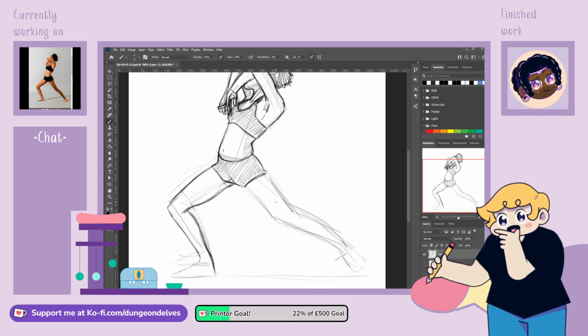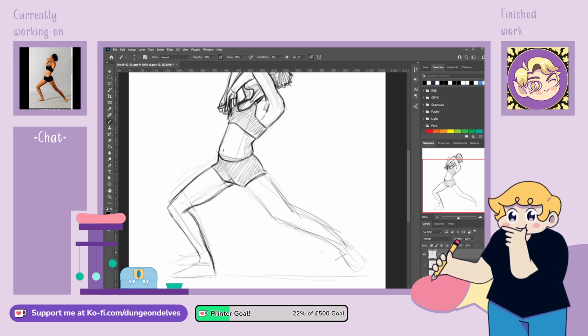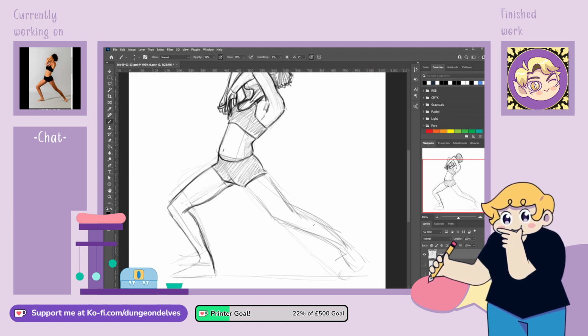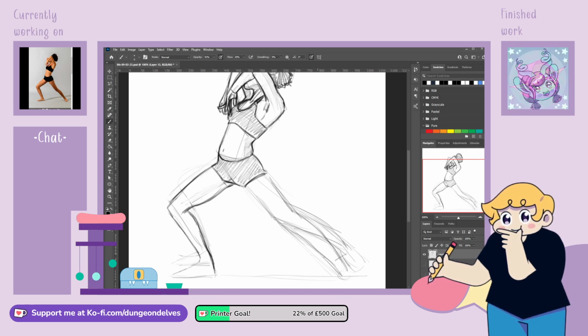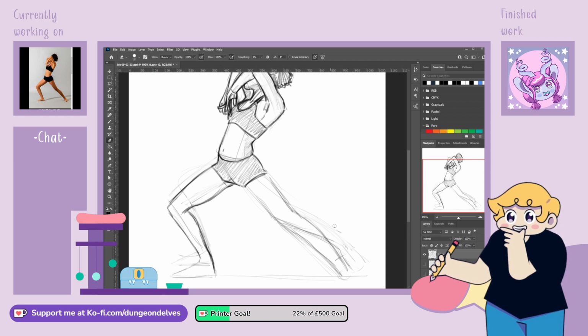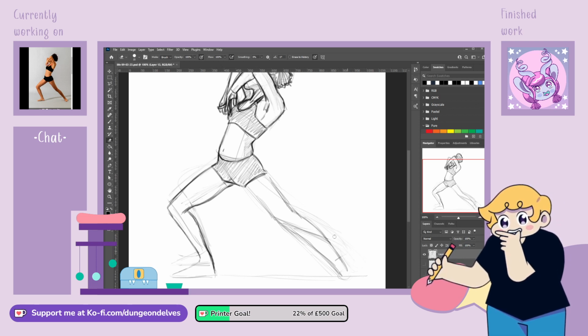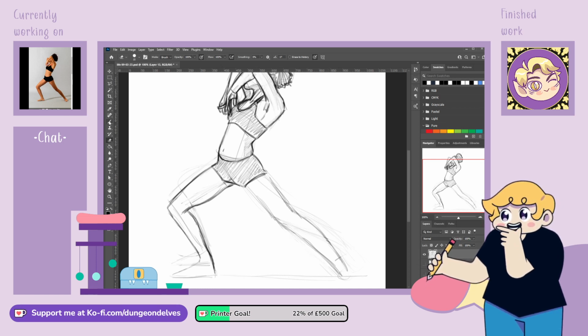I think this part's still okay, but I think there was too much of a bend in that leg. So you know what? I think if I just aim for here, you know, almost fixes itself. Let's just get rid of this a bit. I don't like getting rid of the lines completely. I like knowing where I was going to put things. But there comes a point where you need to be able to see.